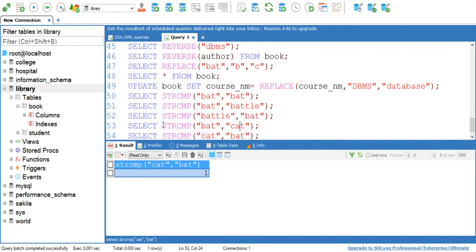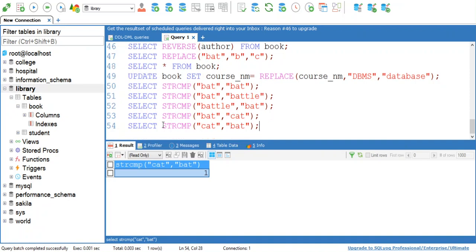Okay, this replace function can be used with an update query to replace the value in a database. Then we have the compare function, which is used to compare two strings. If both the strings are equal, then the output will be 0. If the first string is less than the second string, then the output will be -1, and if the first string is greater than the second string, then the output will be 1.